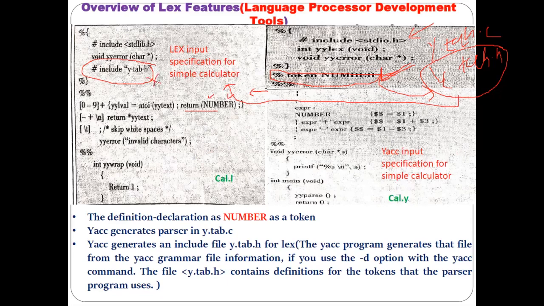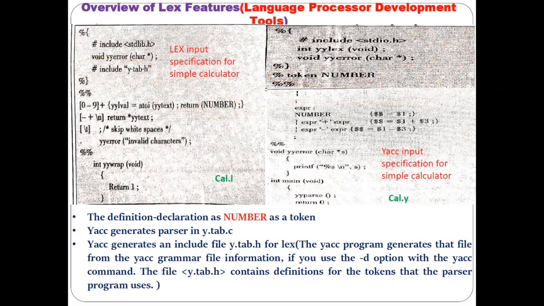If you don't write this, you will definitely get an error regarding this number token. Whatever variable you use here, number, you will get the error, because you need to tell Lex that y.tab.h contains the information about the token declared in the Yak program. It means you are declaring the token in one program and using it in another program. So how can that be possible? Only when this header file that is generated is mentioned in the Lex program. Understood? So I hope you understood this declaration part. Then come to the rule section part of the Yak program. This is the rule section part between the double percentage signs.